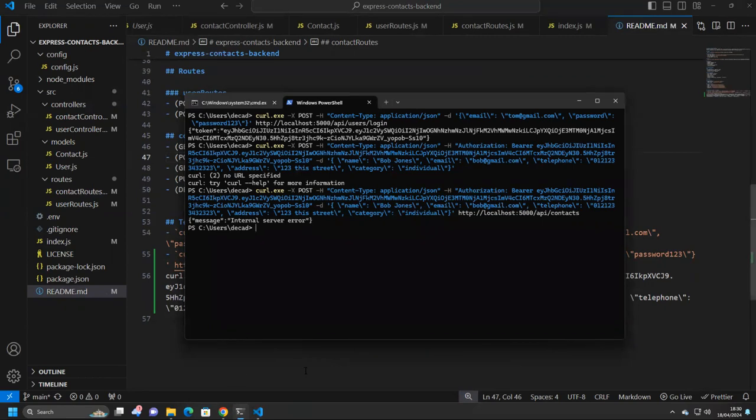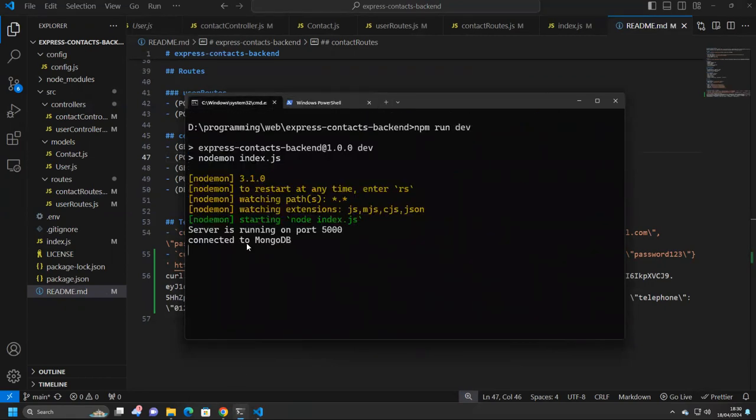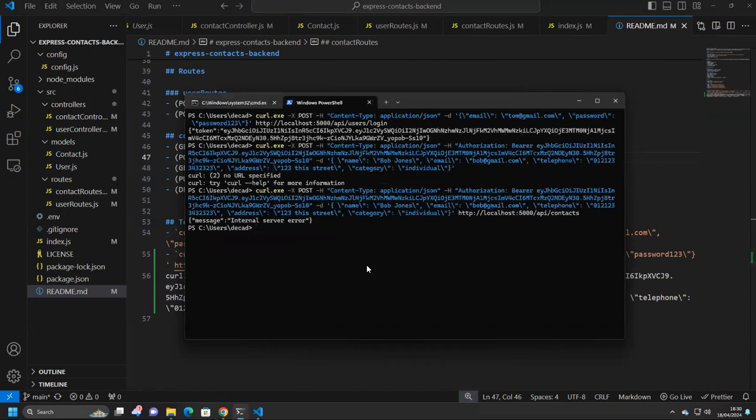Okay. So let's see whether it's got an error. It doesn't really have an error directly here. So there's a bit of a problem. We need to figure out what it is that we're not quite doing correctly. There's something missing, something not quite right. It might be that the token, maybe I've been doing this for more than an hour and the tokens ran out or something like that. We'll find out. You know what, actually,